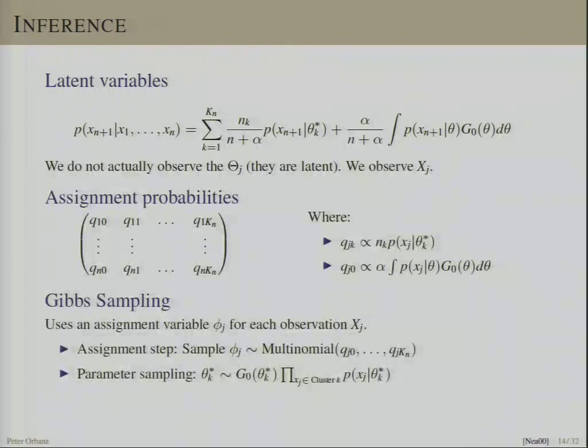Okay, so that is the assignment step. We sample this variable here multinomially, and this really corresponds to the E step in the EM algorithm. Then we have another step, which corresponds to the M step in the EM algorithm, where we sample a parameter. What we do here is take all the data points that are currently assigned to a given cluster, and then we compute the posterior distribution of the parameter for this cluster